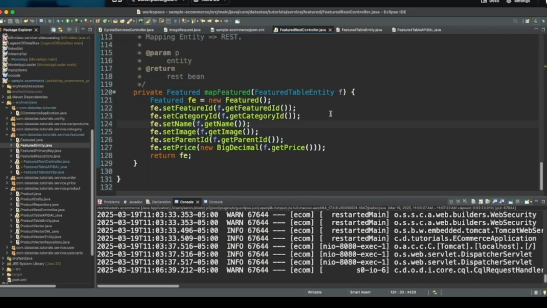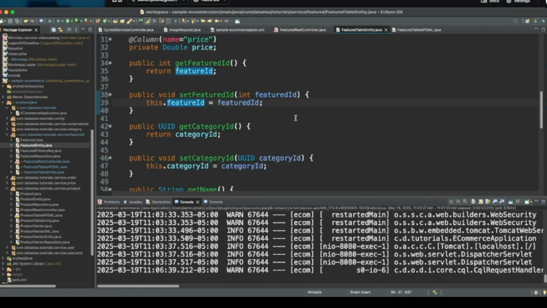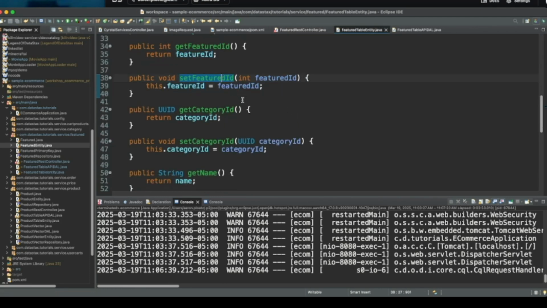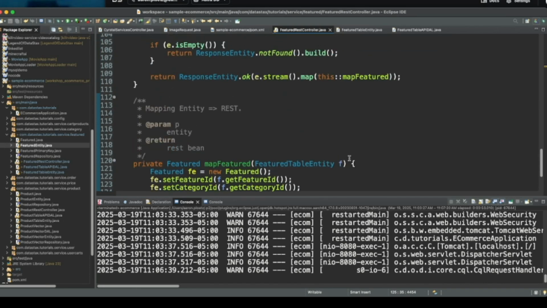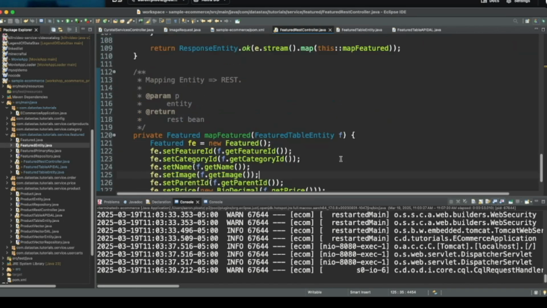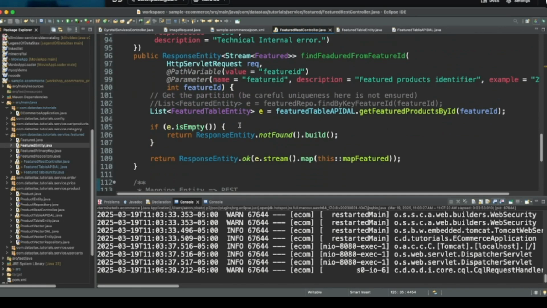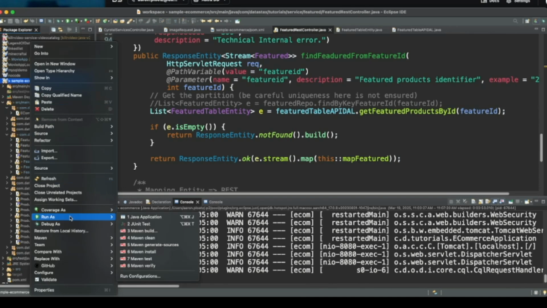If we go back to the REST controller, oh, right, I should change the names as well. There we go, just to be consistent. Now if I go here, okay, now everything works. All right. So now that we've changed the mapper, everything lines up here. So with that, let's go ahead and give this a try.